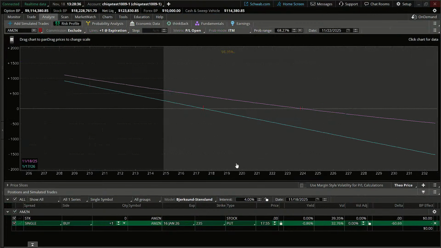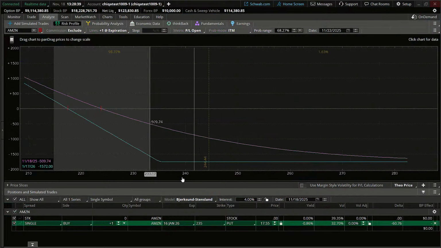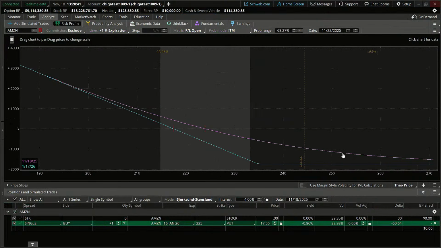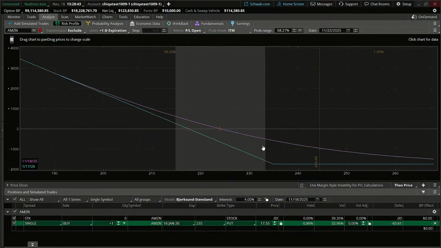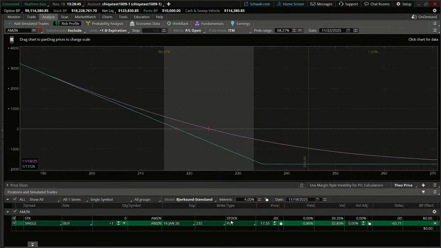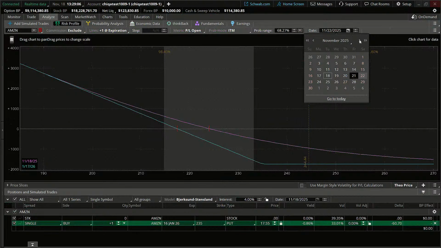And I'm going to make this a little bit easier to see for us. Okay, so I'm just grabbing the x-axis there, and we're analyzing this trade. The first thing you want to do whenever you get to analyzing a trade is double check the expiration that you've selected at the bottom, and make sure that the date in the upper right hand corner is the date after your expiration. That way all the probabilities and all the risk parameters here encompass your last day of trading. So I'm going to look at the 17th of January here.